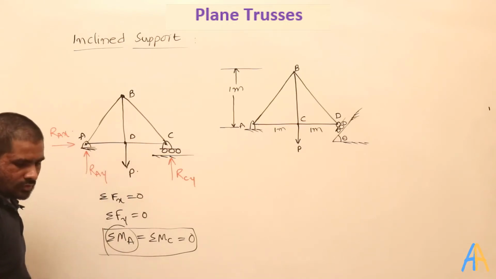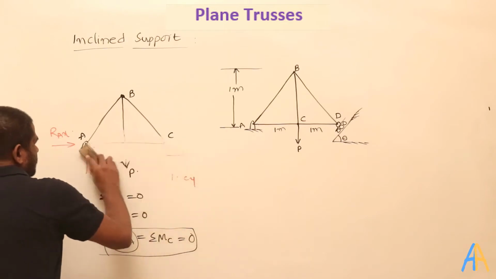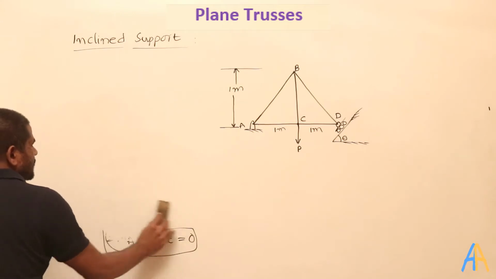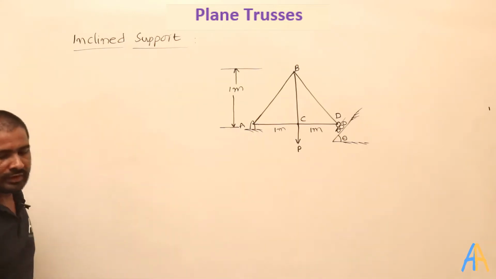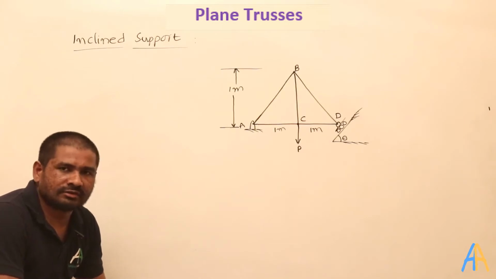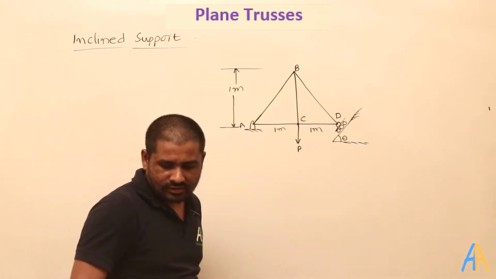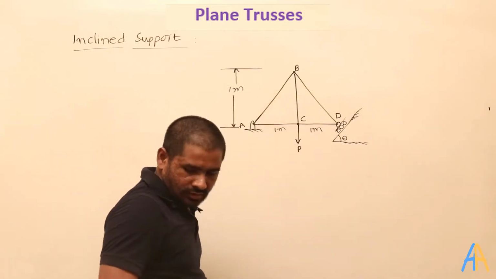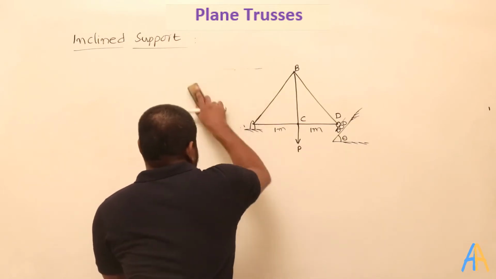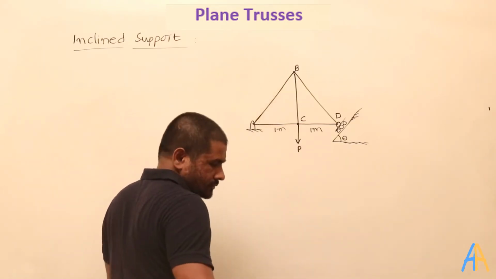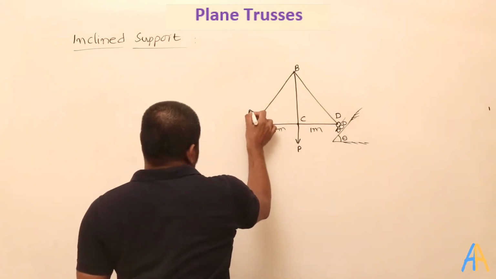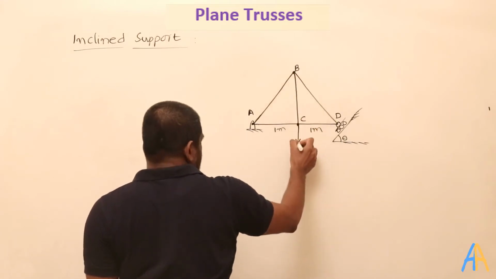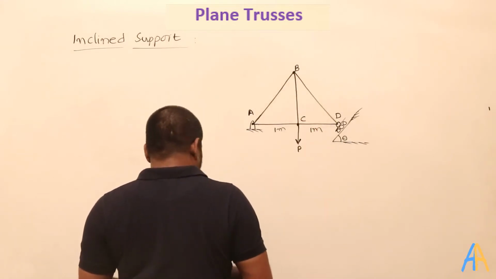Okay, so how to calculate when it is an inclined plane? Actually, when it is an inclined plane, the procedure is the same, but here we need to learn some technique so that in the examination it will become much easier. What is that technique? For example, see, the height is 1 meter and the dimensions are given here. This is 1 meter, and here also 1 meter. And at point C, P amount of force is applied.